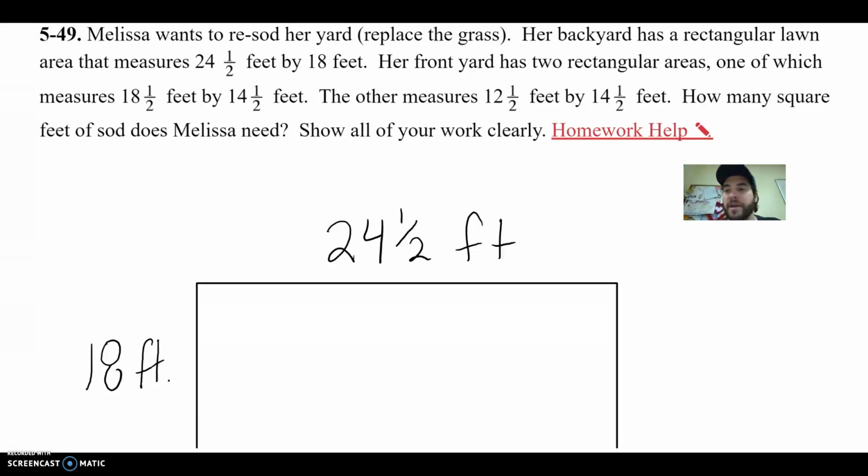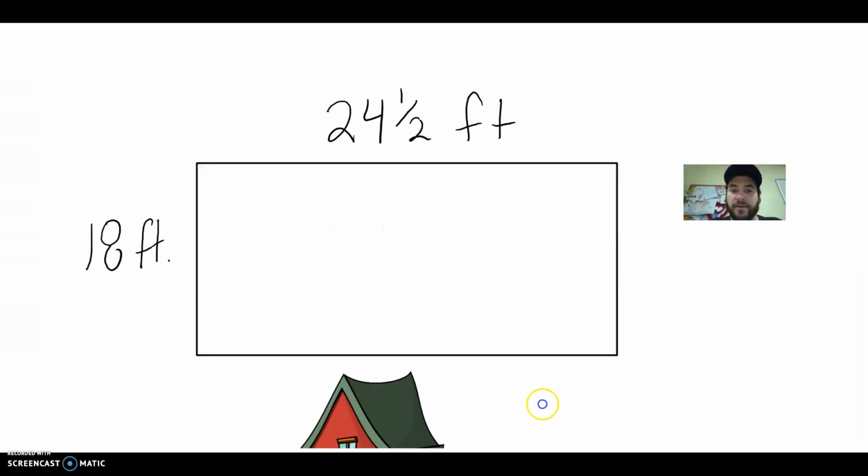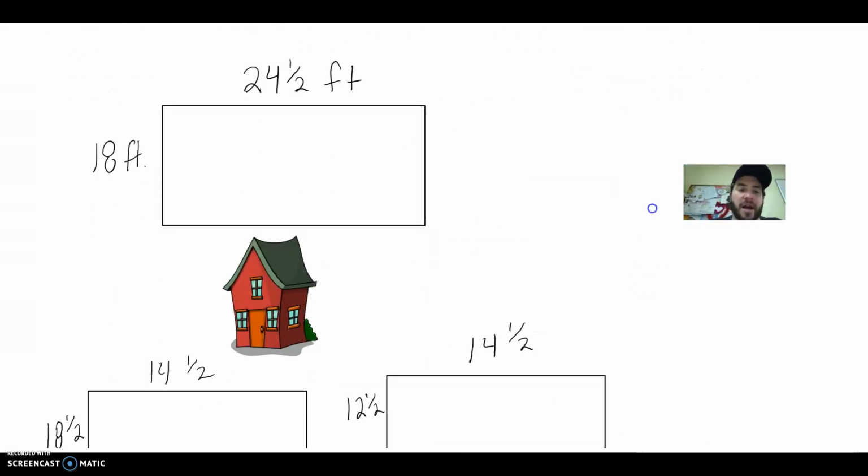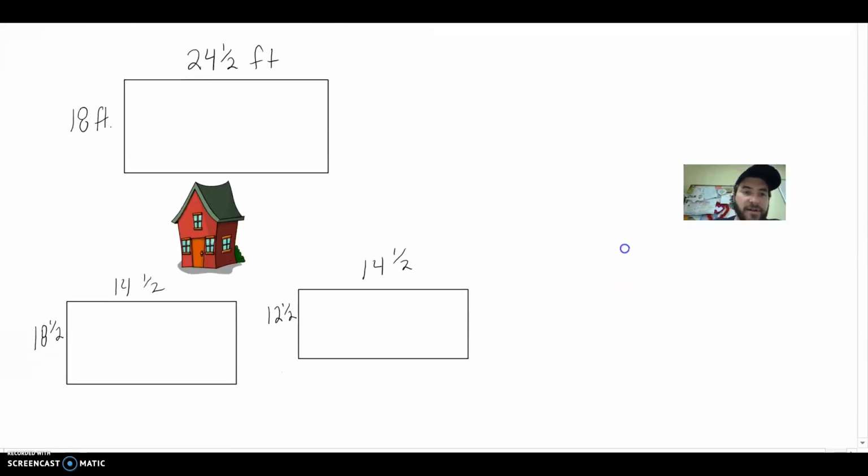So it's an area problem. And the multiplication here happens to be with mixed numbers. So I've got our house, a lovely little house for Melissa, her backyard, and her two front yards. Some students like to take these mixed numbers and turn them into fractions that are greater than 1. I really wouldn't suggest doing that for this case because